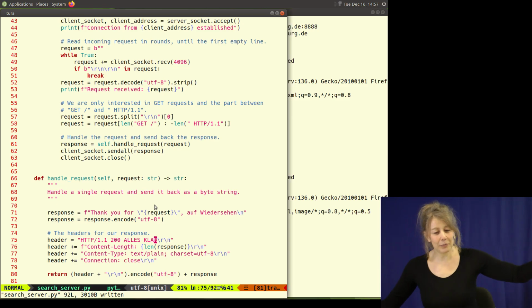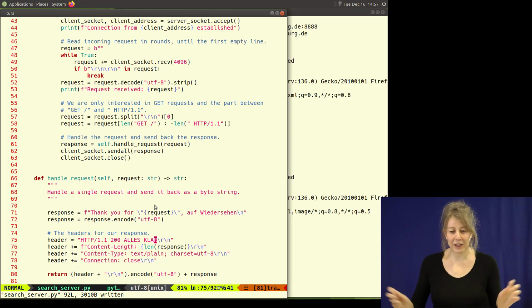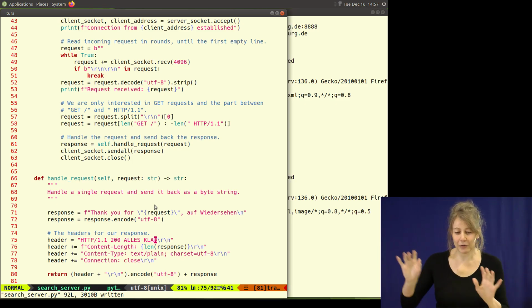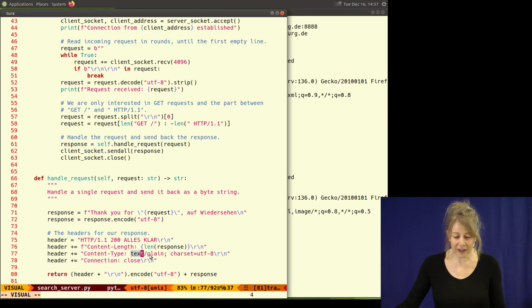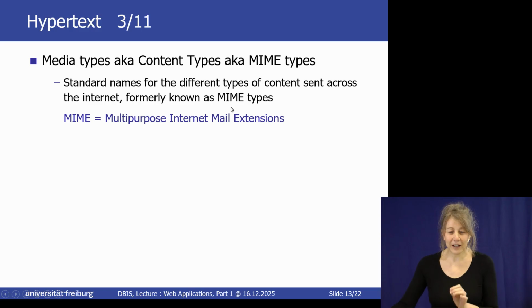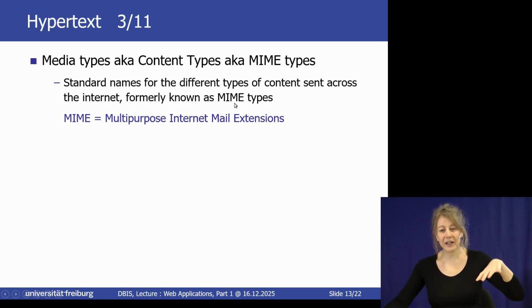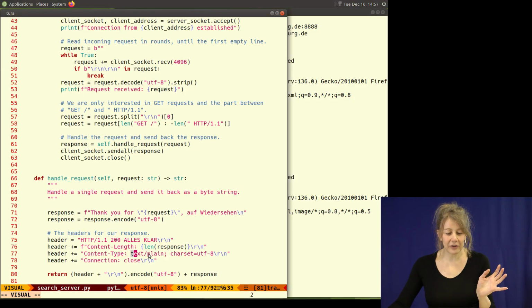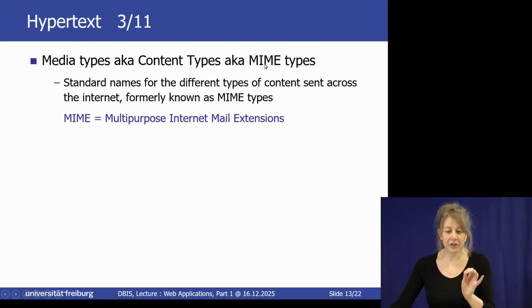I have one machine talking to this machine. I have network communication. I have to pay attention that I'm still there while the other side is still talking. Then I have these headers. There are standards for this. And now I have this text plain thing, which is telling what I'm sending you, please interpret it as something. This is a standard which predates the standard for how you should interpret the bytes I'm sending, which is why it was originally called MIME types,